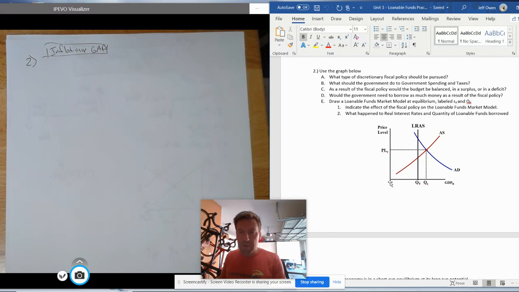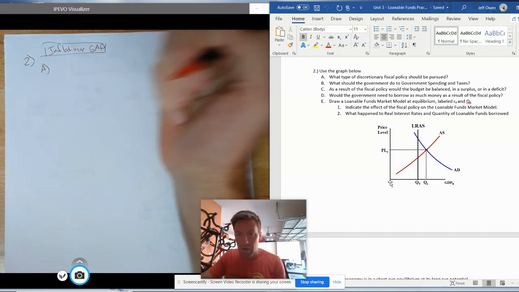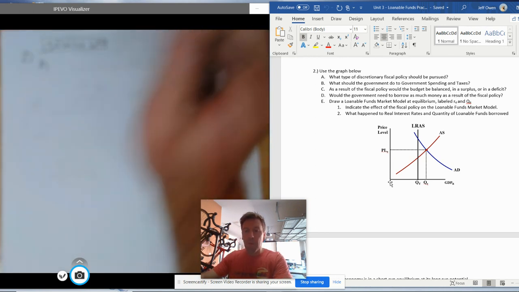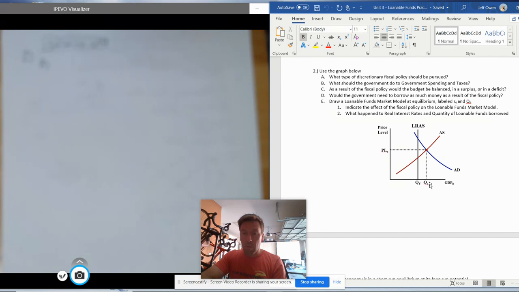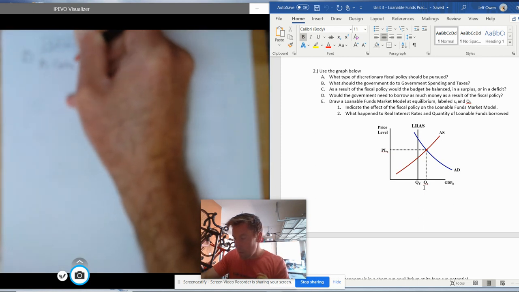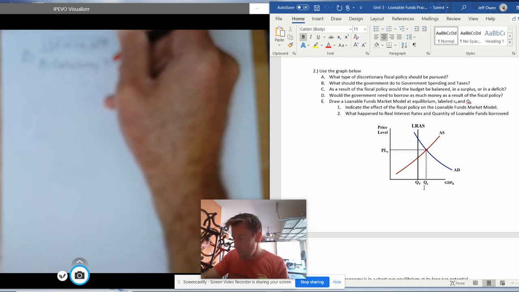What should the government do to government spending and taxes? Oh, whoa, I got ahead of myself there. A was what type of discretionary fiscal policy should be pursued? We want QE to get smaller. We want to contract it. We want QE to be equal to QY. So we want to run a contractionary fiscal